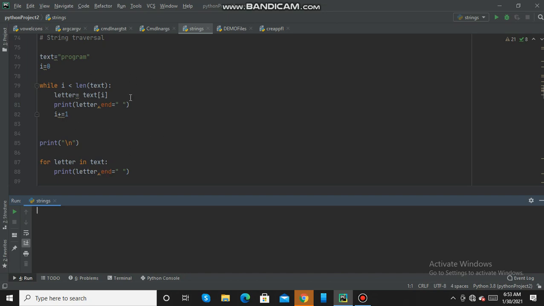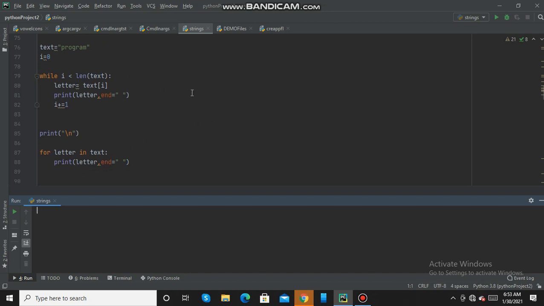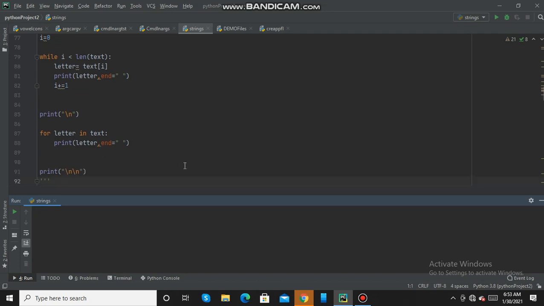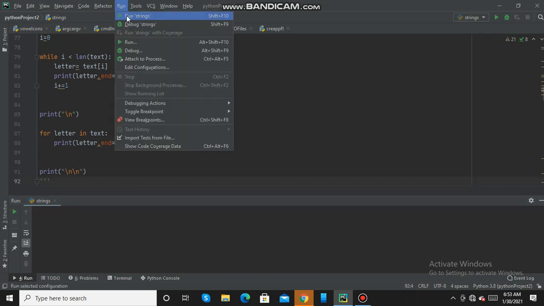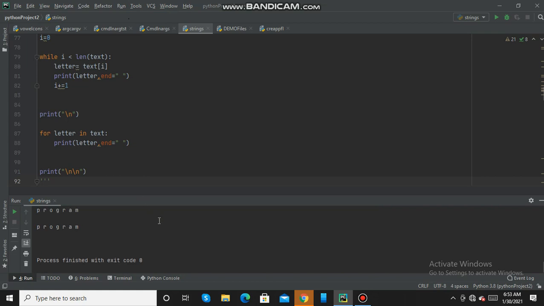So the string is printed here using the length function in this while loop. The same string is printed here in this for loop without using the length function. So this is using the while loop, we have printed the text, and this is using the for loop.